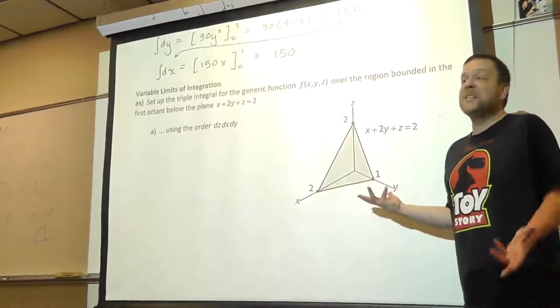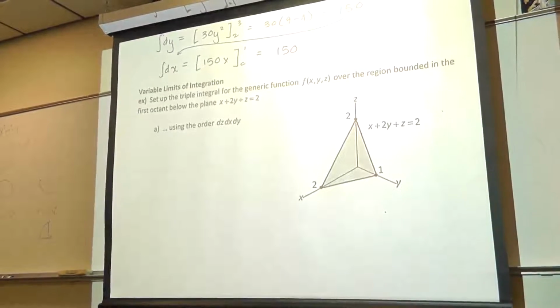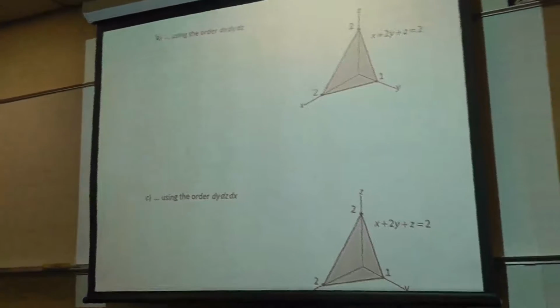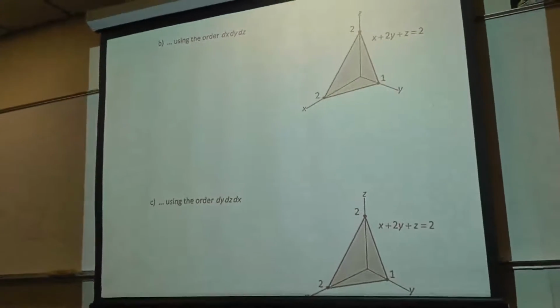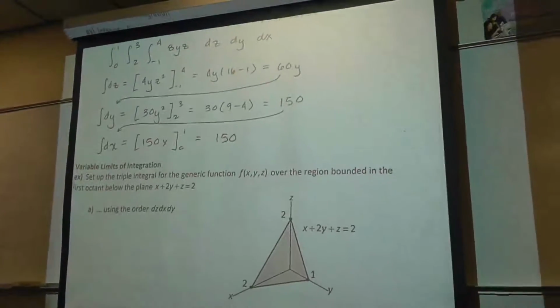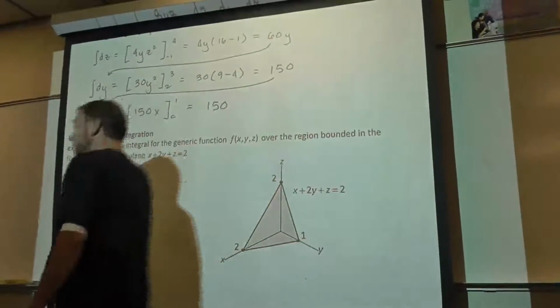And again, we can still pick 6 orders of integration, but for the next 3 problems, this problem here on this page, and the next 2 on the next page, we're doing 3 of the 6 possible orders of integration that we could do, just based on the geometry of this particular solid, so you can see an idea of how you actually set it up. So when you don't have constant limits, if you have variable limits, but keep in mind,